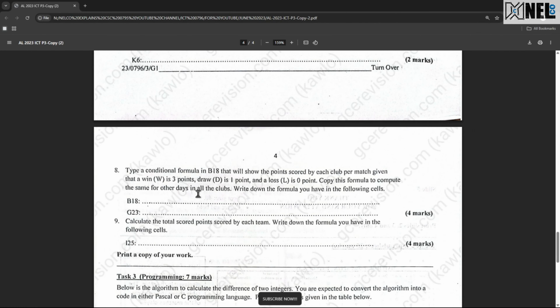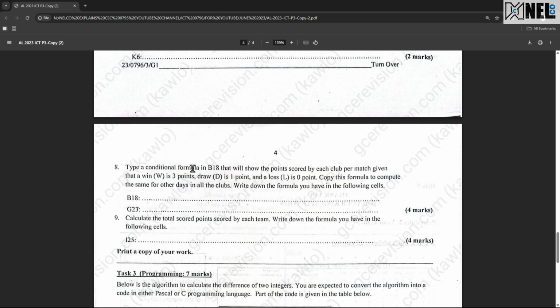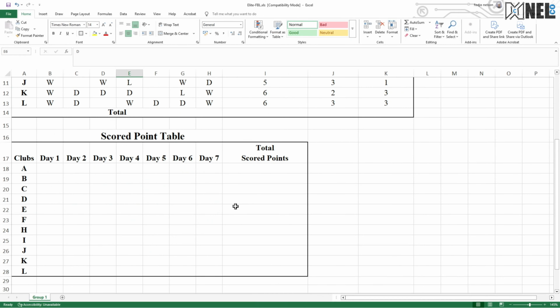We are on question 8. Type a conditional formula in B18 that will show the points scored by each club per match given. That a win W is 3 points, a draw D is 1 point, and a loss L is 0 point. Copy the formula to compute the same for the other Ds in the clubs. Write down the formula you have used in the following cells, B18 and G23. So this is B18. This is